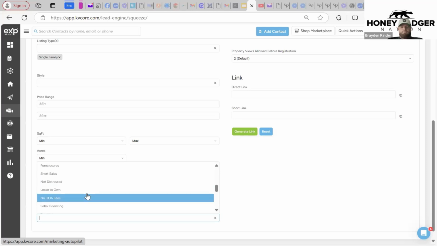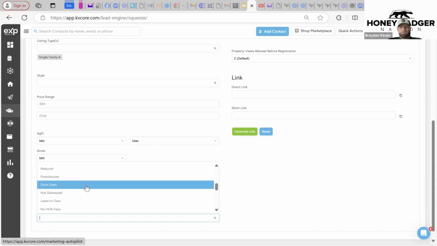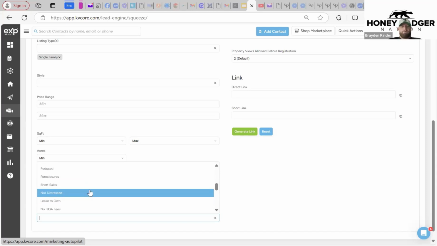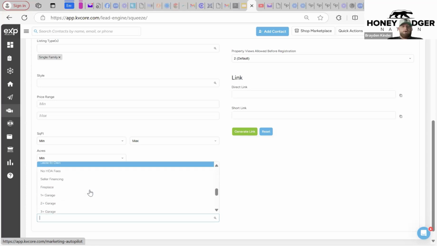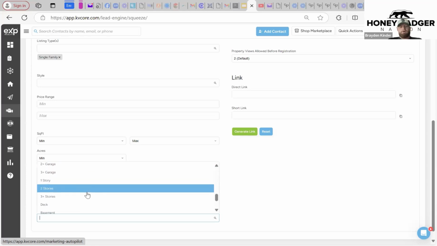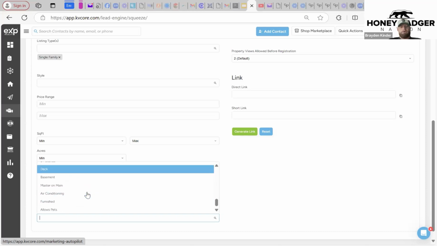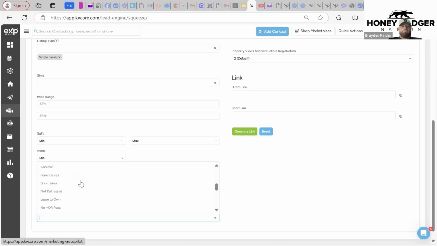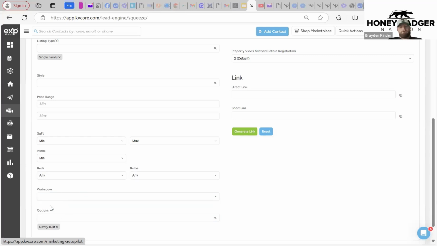foreclosure, short sales. I don't know if anything is going to come up with that. It depends on your MLS. There's all sorts of different options you have in here on what you can come up with. But we're going to do new construction for now. So that's going to be newly built. Let me find it here. So we'll put newly built, and then